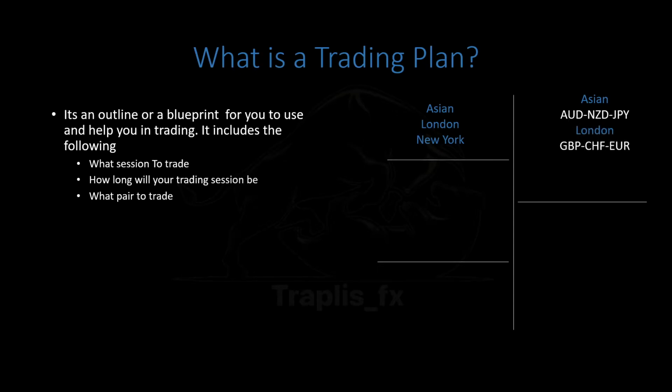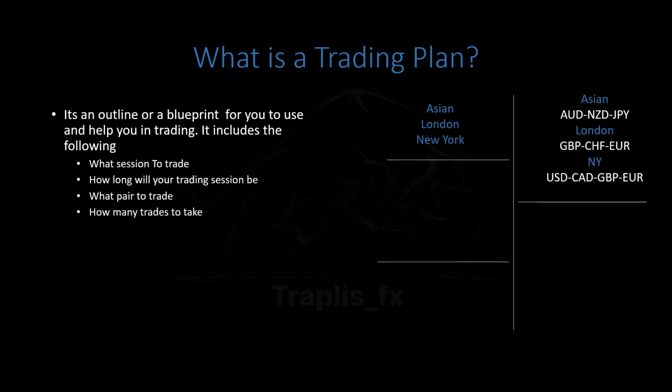And if you look into the London session, you're going to be using the pound, Swiss franc, or the euro. Why? Because during the London session, the Asian session is closed and the North American session is not open yet, so the banks are closed, so there's no volume or movement. And for New York, it's going to be a bit different. You can trade USD, CAD, the Canadian dollar, pound, and the euro. Why? Because during New York, London is still open. There's still volume that comes from London into the New York session. So you could trade these pairs. So that's one thing you could look into.